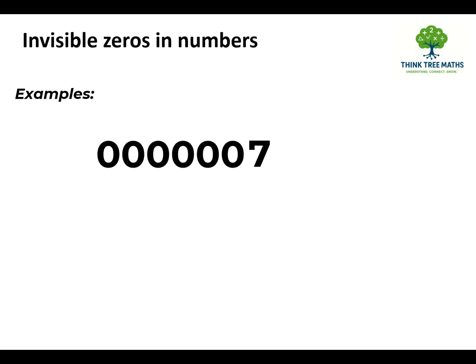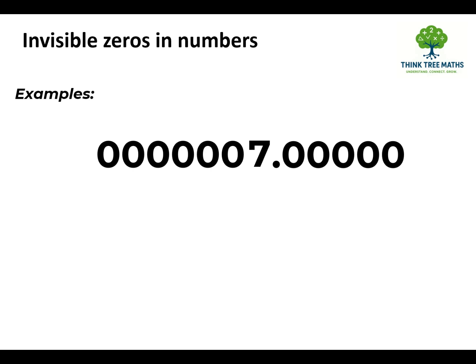To the left of 7 ones are the tens, hundreds, thousands, etc., as we have covered previously when we did place values. So these zeros are holding the place of these place values, but we do not need to write them. Also, after 7, it's understood that there is a chain of zeros provided they are written after a decimal